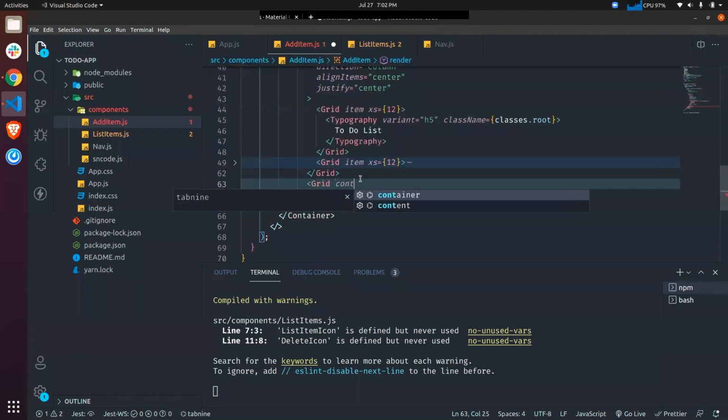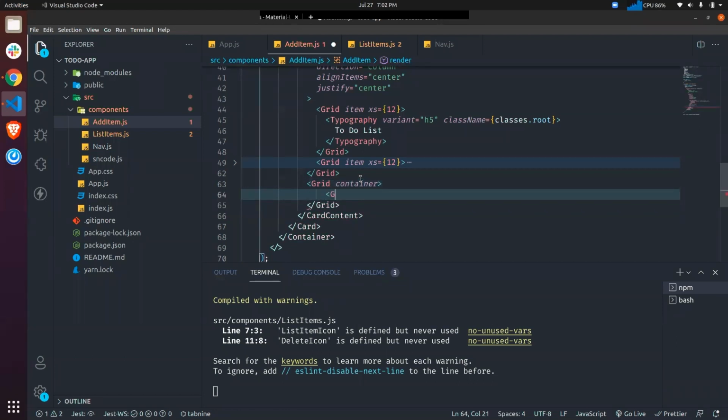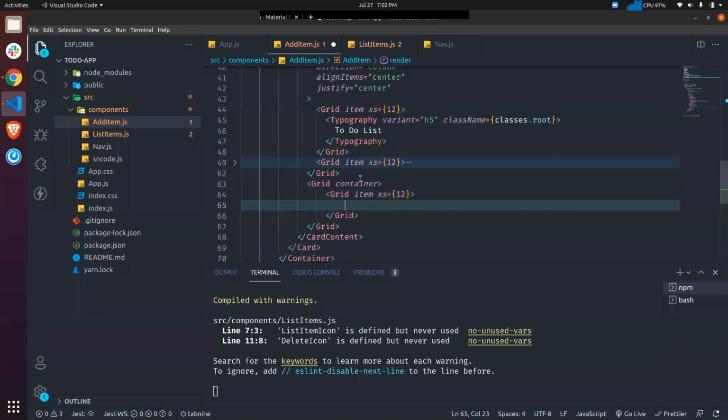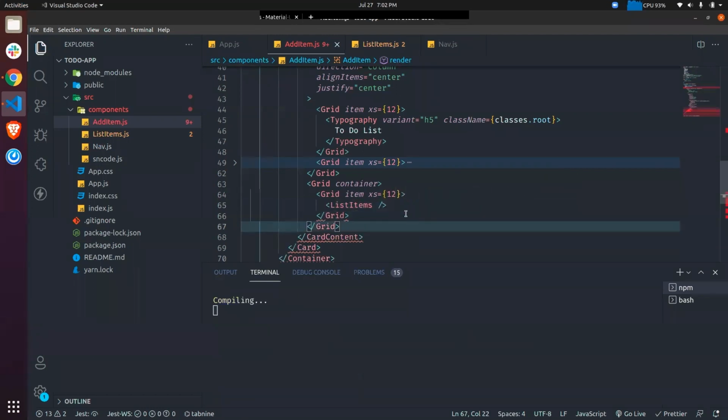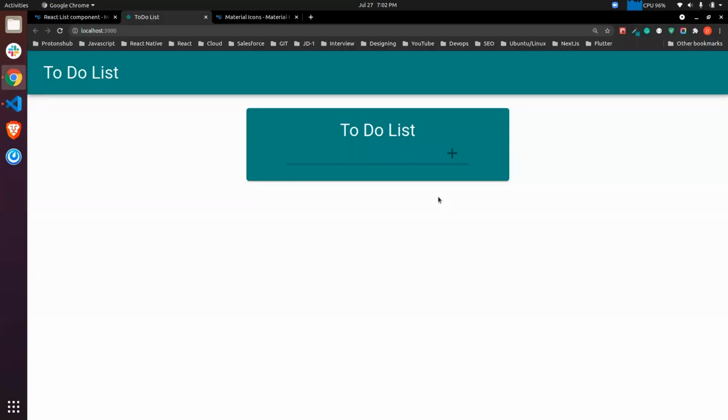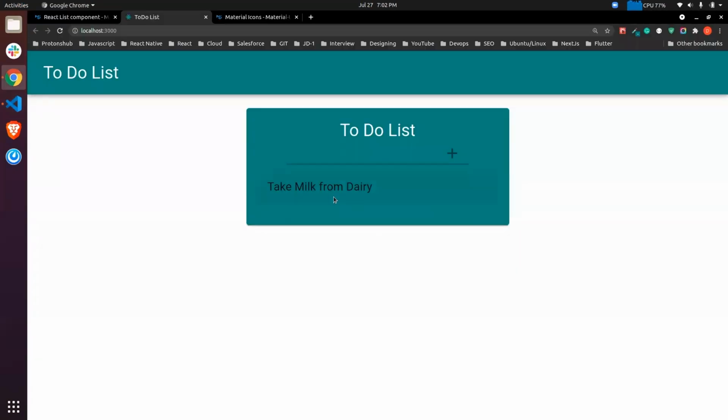We'll add another container, and we'll add a grid item xs 12, and we'll write list items, and let's save it and have a look. Yeah, so we got our list inside our container. It's taking the full width, right?